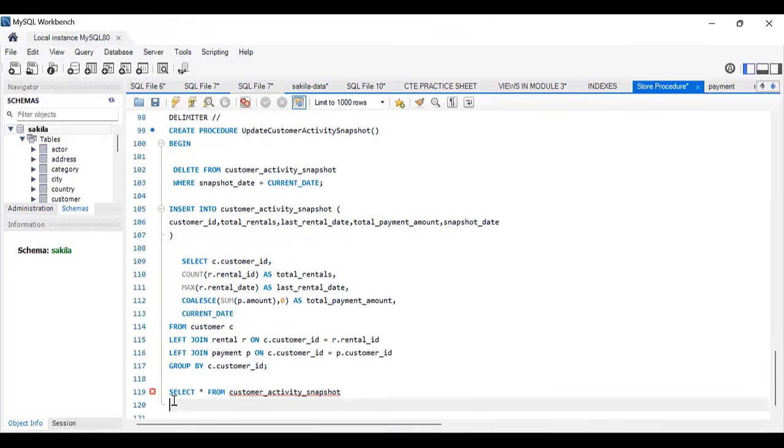Now, where snapshot_date equals what? CURRENT_DATE. Now put a semicolon here